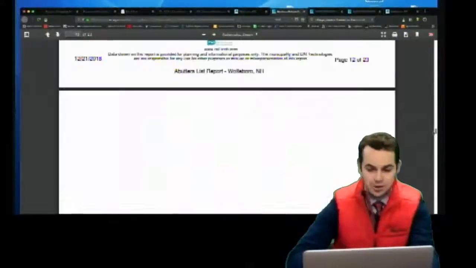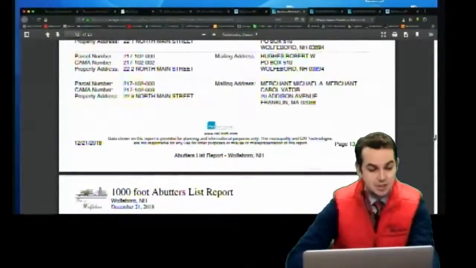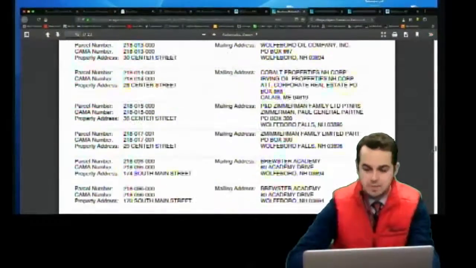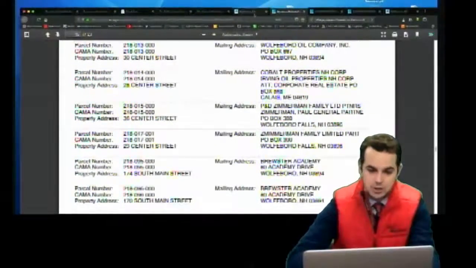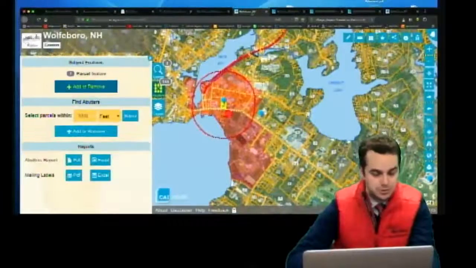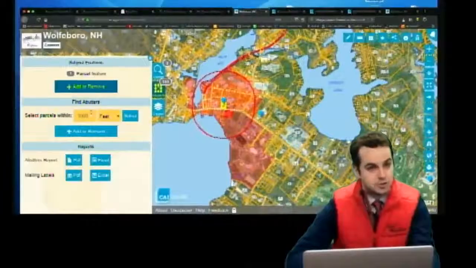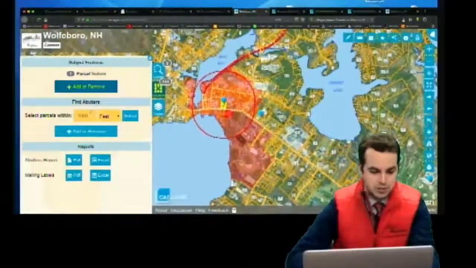potentially more than 100. But this is a really good way to identify how to contact individuals if we have a project that's going to impact folks within a certain radius of a project. So this abutters tool is really useful to us. And it may be useful to you at home if you're just interested in what people live within a certain proximity of your property. So that's the general purpose of our abutters tool. I should also note that